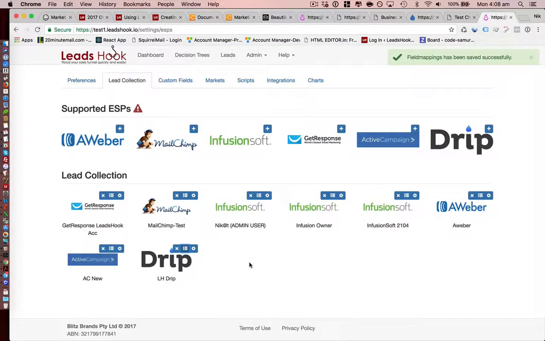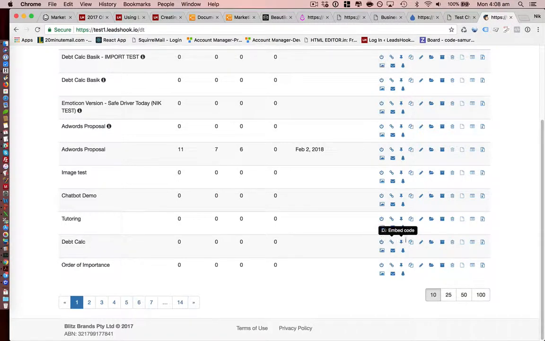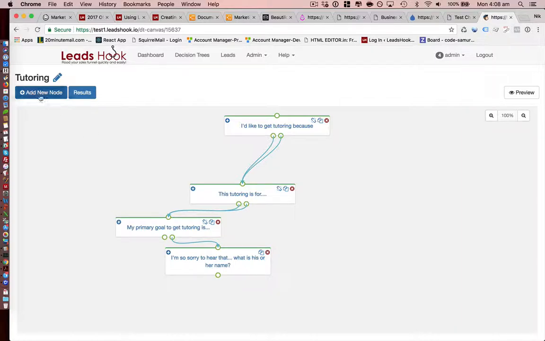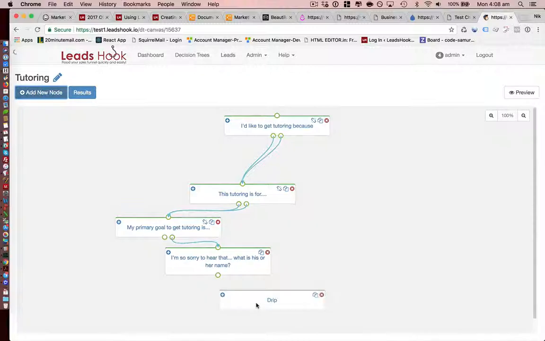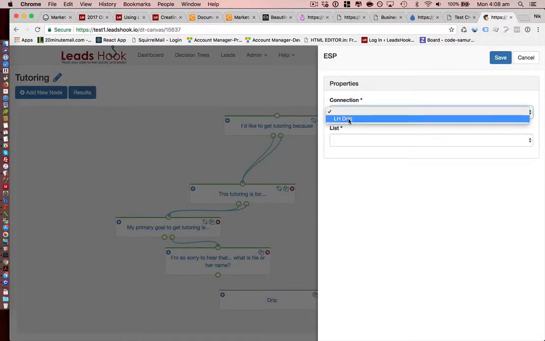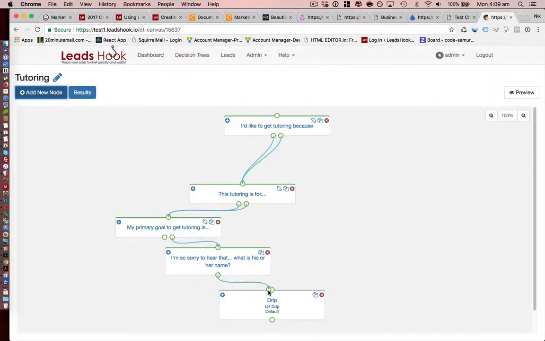Now the field mapping's done, which means whenever you pass any data through to that field, LeadsHook will automatically transfer it through to drip. Now, in order to add a decision node, it's pretty simple. There you go, drip's available right there. Click it to the bottom, drag and drop. Yes, I only have one drip account, and obviously there's only one list. And that's it. Once I've saved it, if I drag and drop it this way,